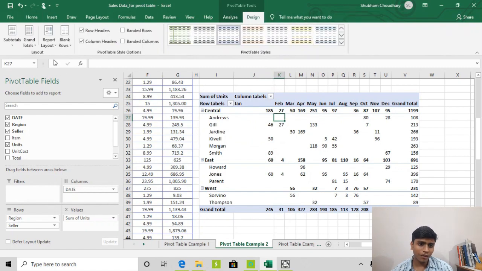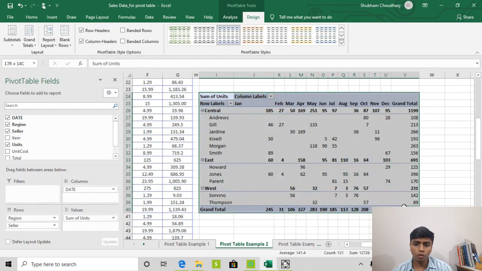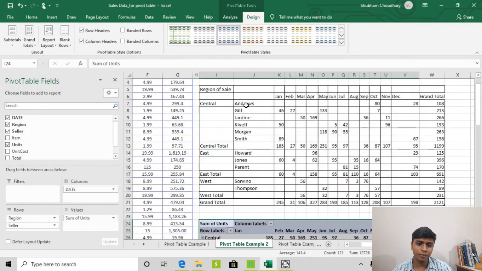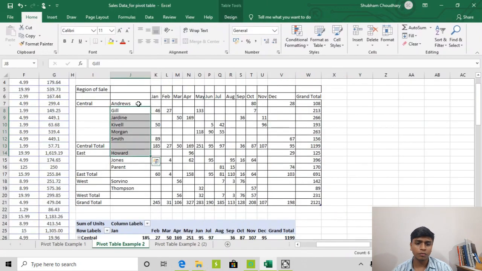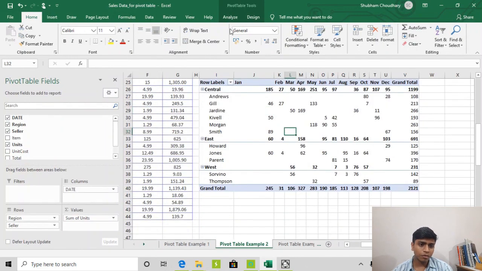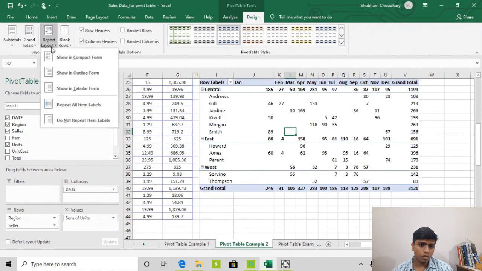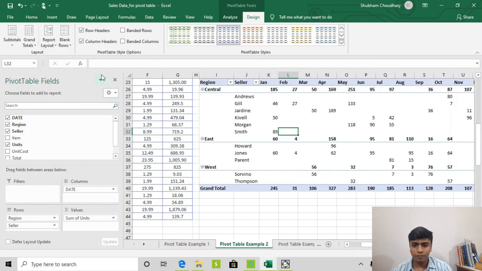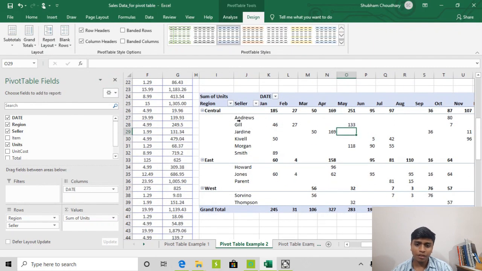Here we have the report layout, where we can make changes to the layout. For example, if we want the seller name to come into the next column, right now it is in a compact form by default, so we can convert it into an outline form. See, now we have the seller name in a different column compared to the region name.